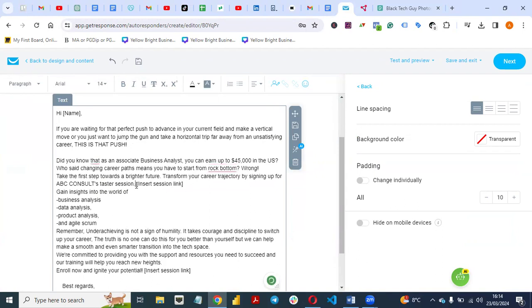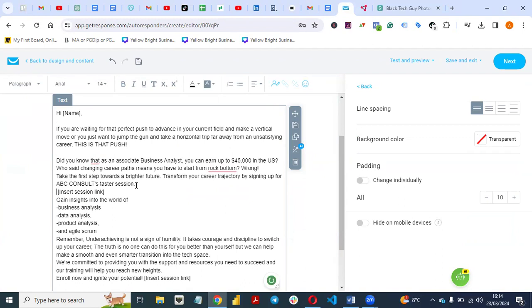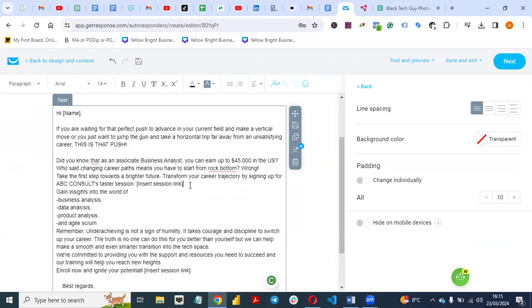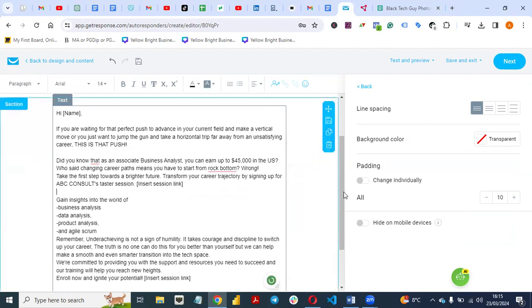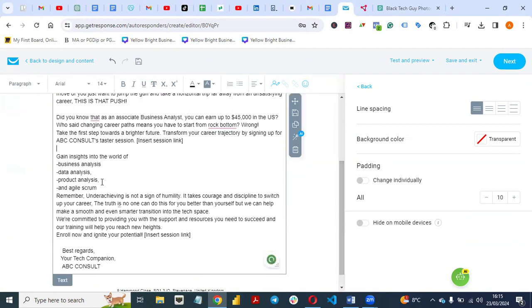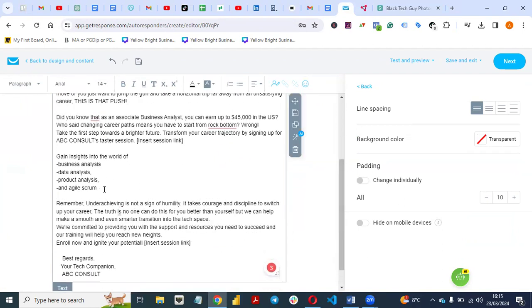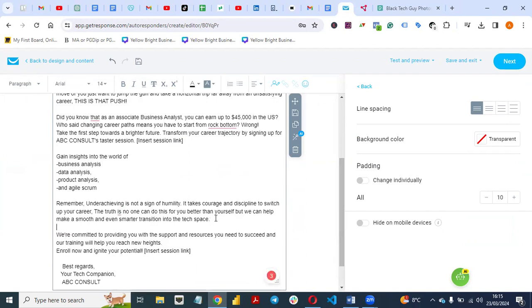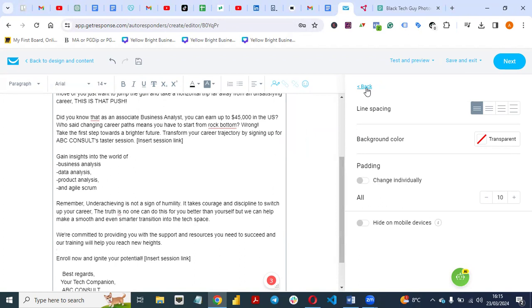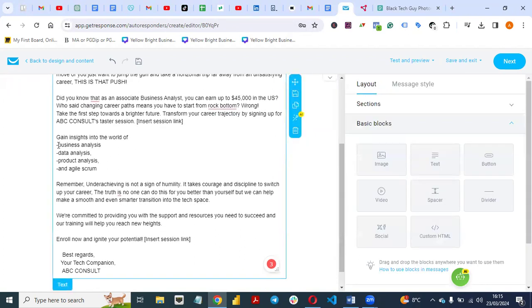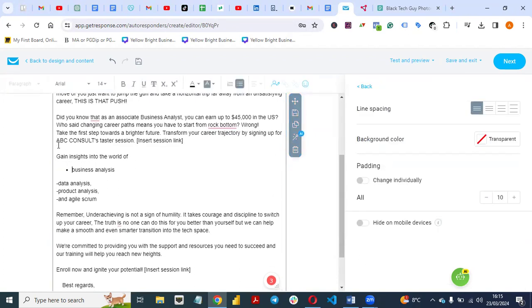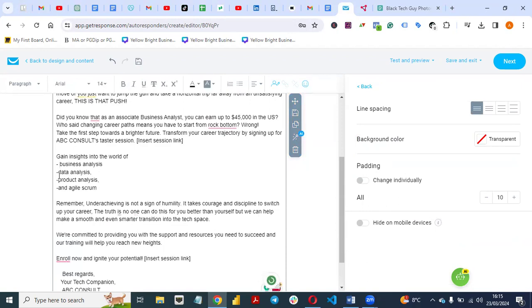So ensure that all the links in the body of your email are working very well and they are linking to the right websites that you are taking people to. That's very, very important. It will be so sad when people click on the link in your email and it's taking them to a wrong website. So what you need to do, you need to work with your alignment